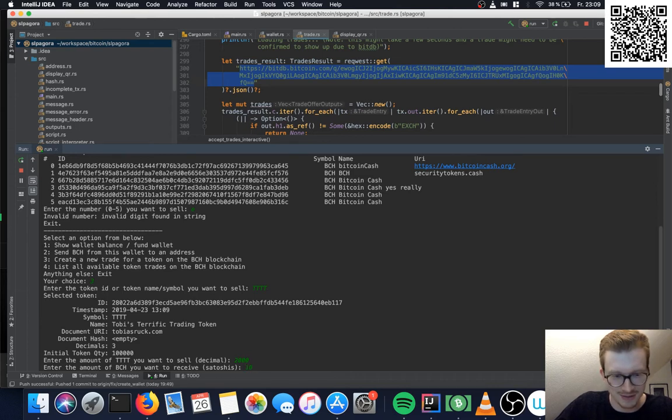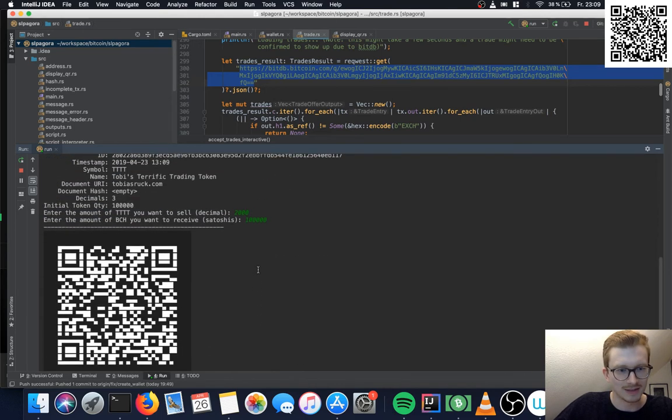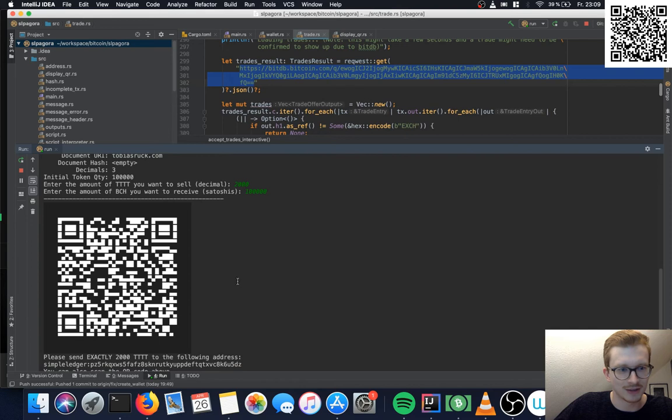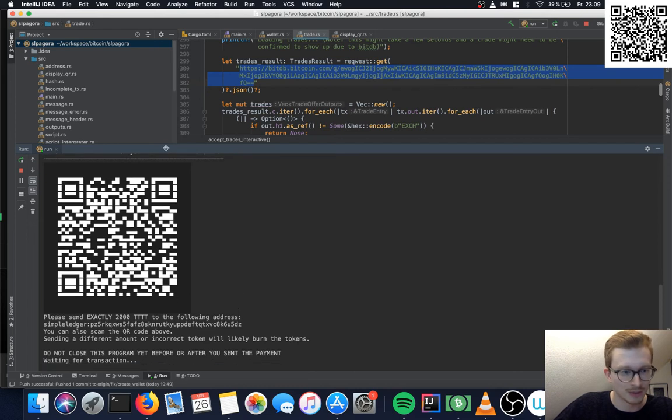So let's do 100,000 for this. Yeah, and then you get a nice QR code. In this here it's white on black, but usually it's black on white, but I think that changes from terminal to terminal. And then we have to send exactly 2,000 of that token to that address.